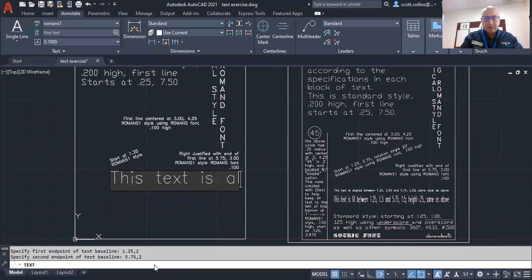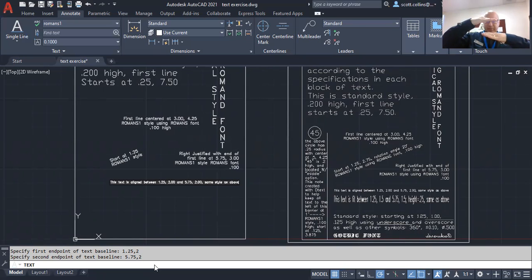Text is aligned between 1.25, comma 2.00 and 5.75, comma 2.00. Same style as above. Now, what you will notice with aligned text is it starts out really big, and as you type, it gets smaller and smaller and smaller. The height of the text shrinks depending on how wide your start and your end points are away from each other. Hit enter,